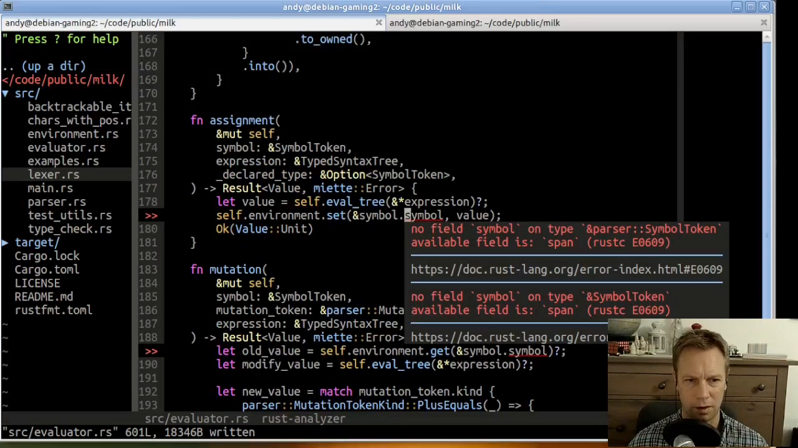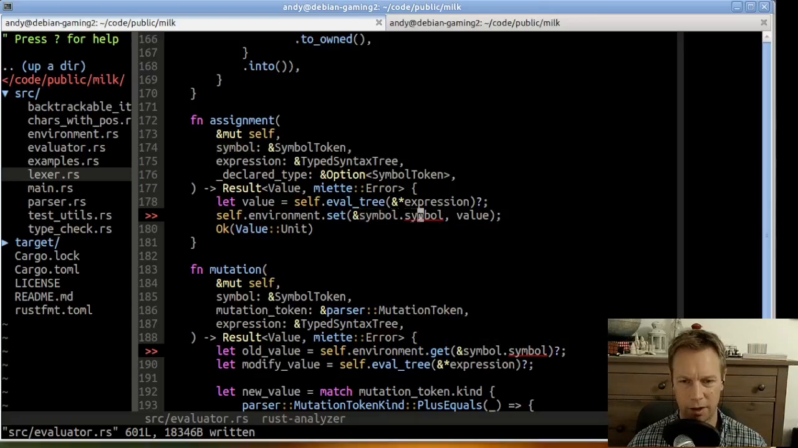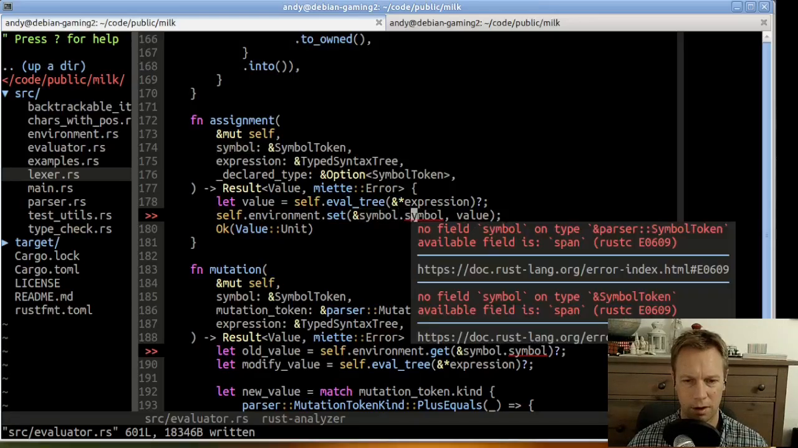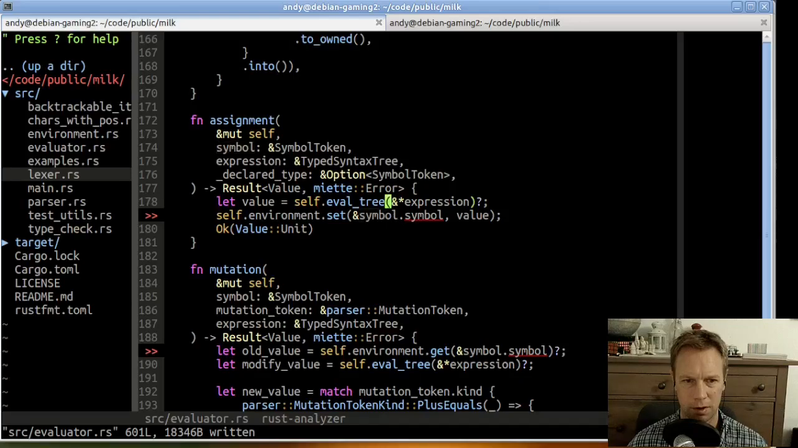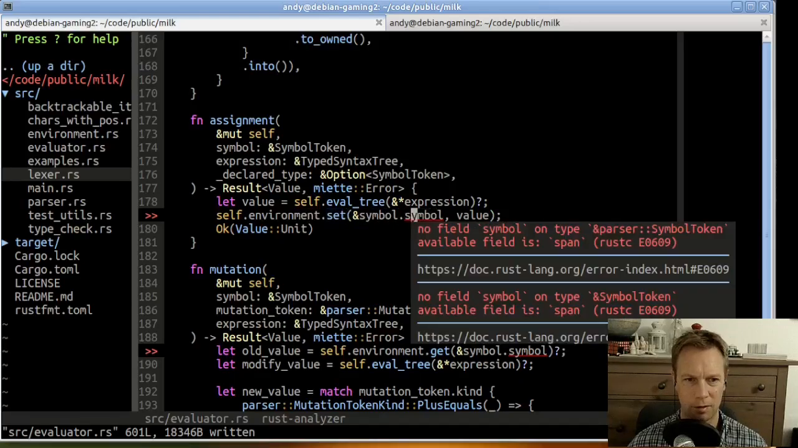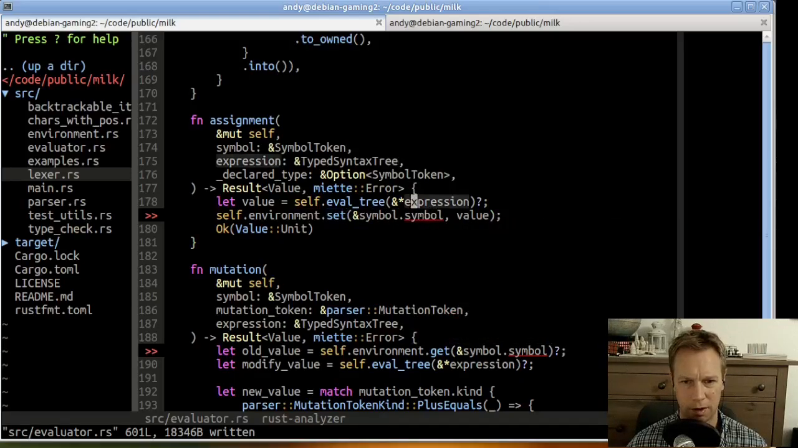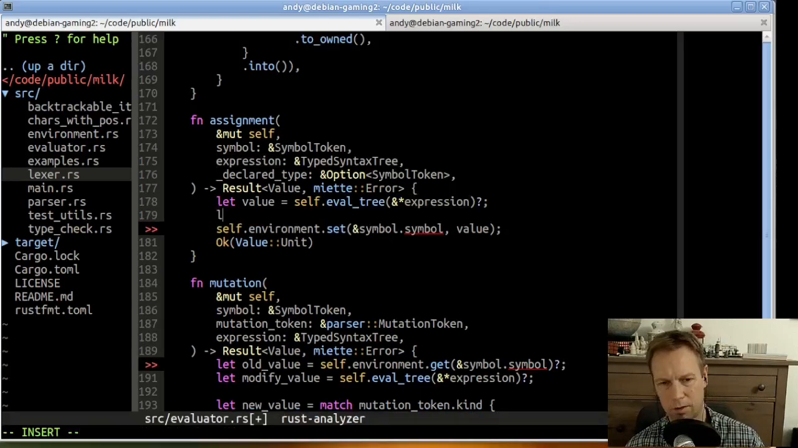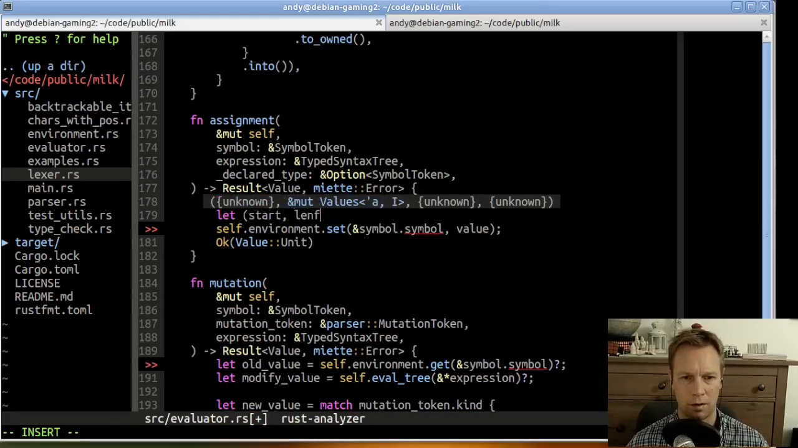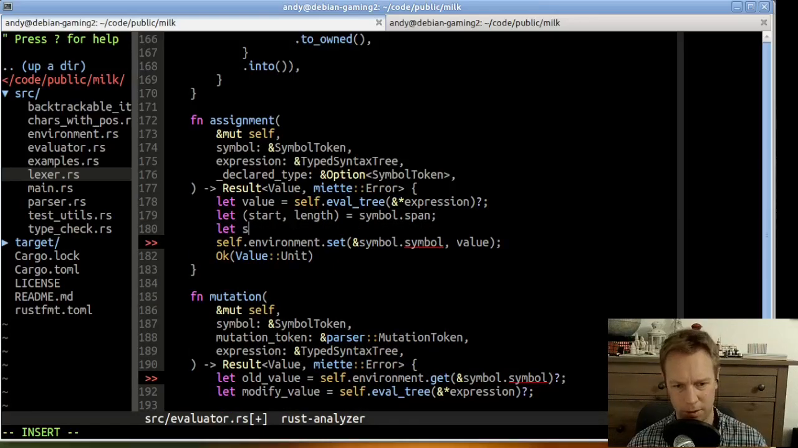Okay, so this is a situation where we're actually using the symbol again. So this is an assignment statement, and we need to set something in the environment, and we need to know the name of the symbol. So that means we need to get hold of the symbol literal. I think this is all going to work the same, which is that we get hold of the span of the symbol. And then we get hold of, let's call this symbol literal